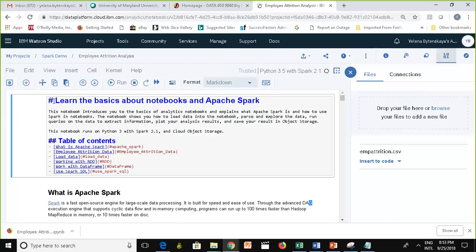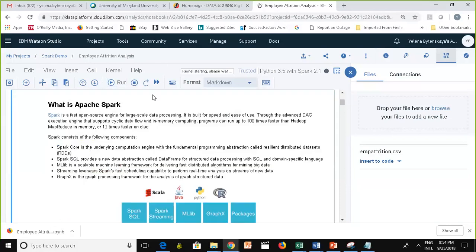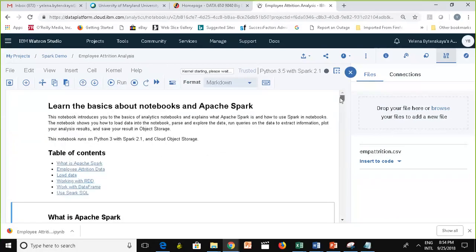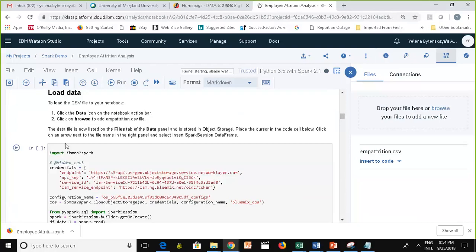But since somehow I selected this cell in the edit mode, this one hash is a level 1 heading, this is a level 2 heading, and these are the links. They're just basically telling me the location in the content to link to, right? So if I click on any of these, like load data, it's gonna take me to this section, because this is basically the anchor, right? This is how this table of contents is configured.